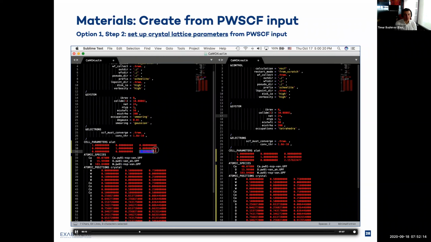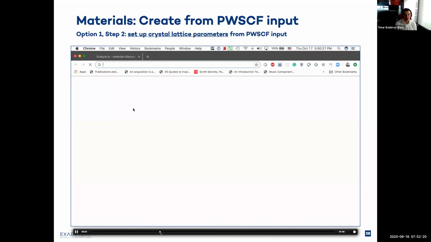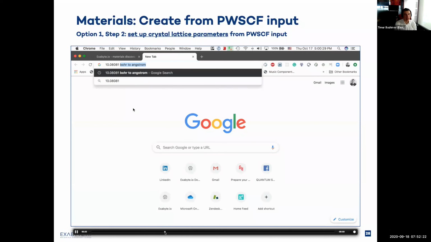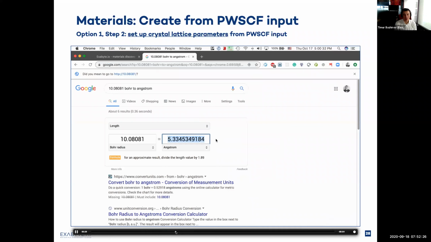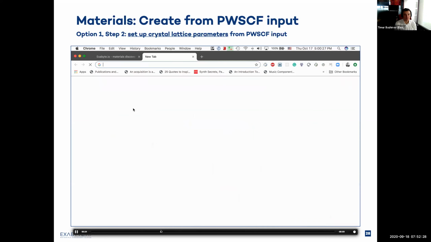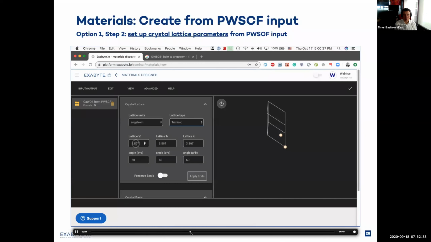We then need to migrate the information about the lattice, and to do that, we have to calculate the lattice parameters in angstroms, because that's what we support in the user interface, which I do using Google. And it's a very convenient tool it provides, so I can put lattice parameters in